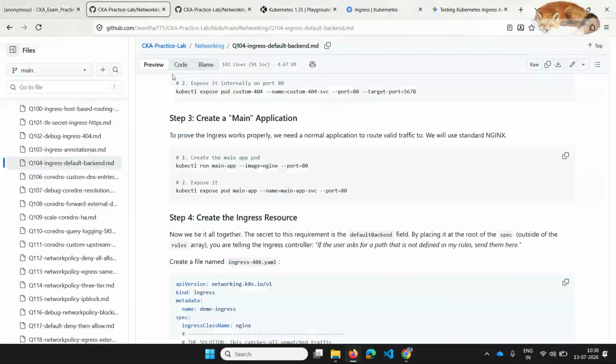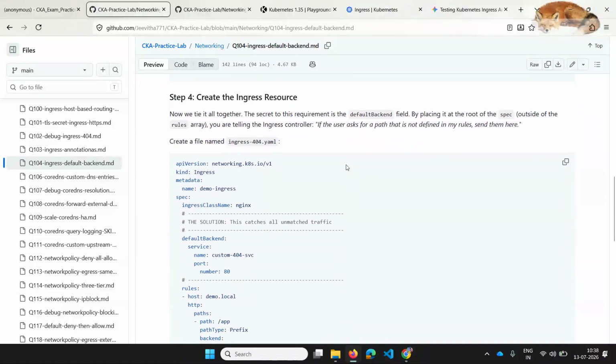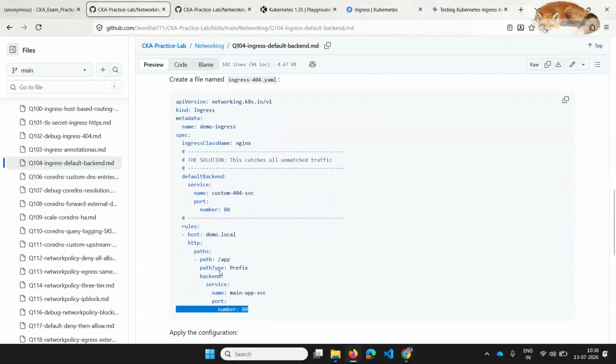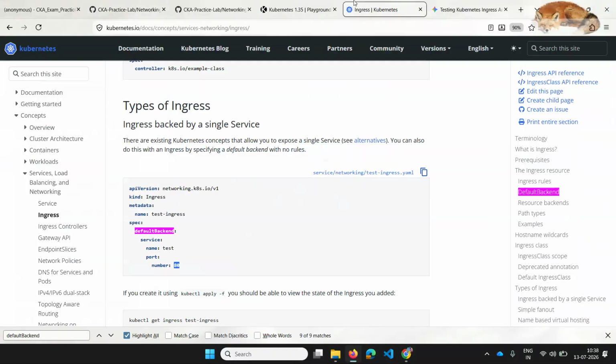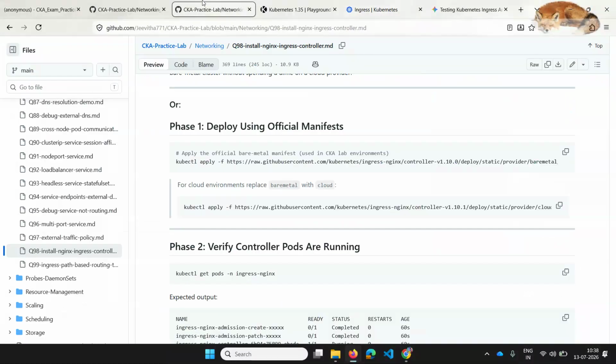Now my pod named main app is running, exposed by the service main app at port 80. Now let's create an ingress resource. As usual, I will use the same implementation of the ingress, so until here it will be the same: default backend service name, port and number.